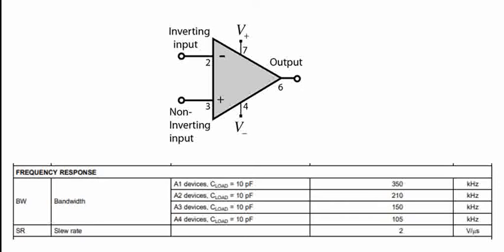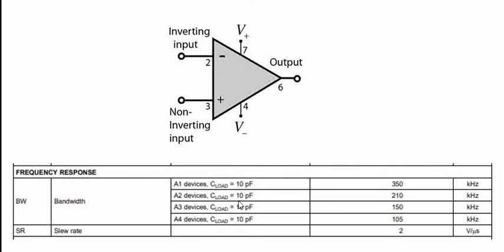Beyond that frequency at the input, when we talk frequency, that means the input signal frequency, which the op-amp has to process further, right? So beyond those frequencies, the gain drops. So it's not only the bandwidth, the gain bandwidth product is also an important specification for an op-amp. So if you see the table here below,